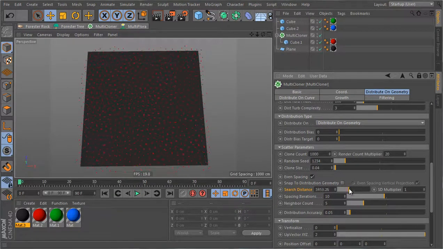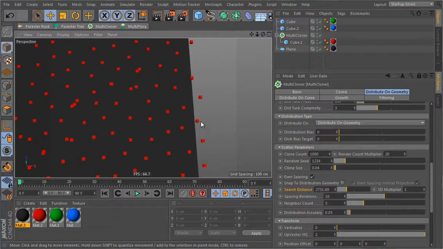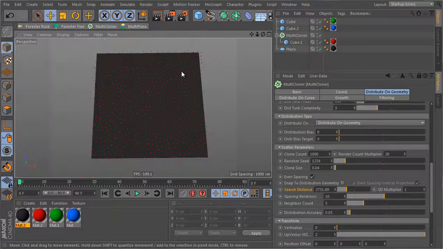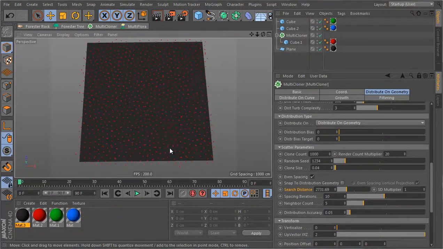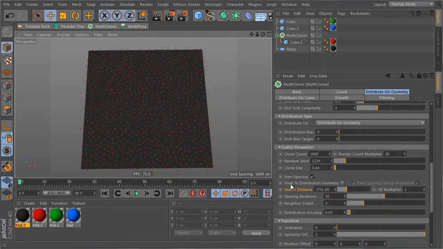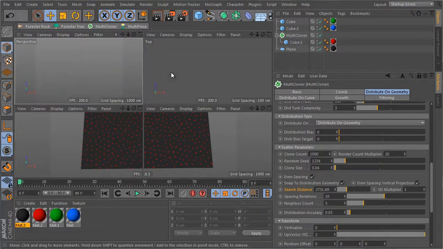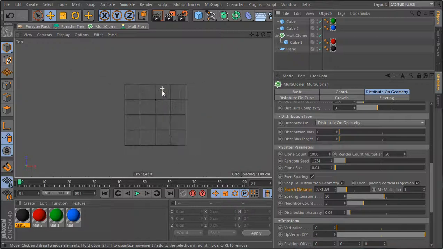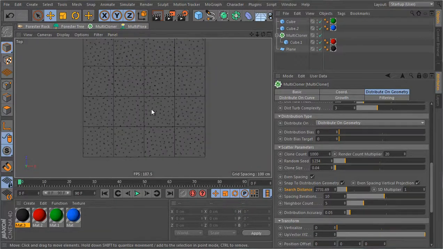Now, in case I do use the search distance and the even spacing, sometimes I see that some clones are getting out of the distribution geometry. Now, in most cases, this won't matter, but in case I did not want to have any clones outside, all I have to do is click on Snap to Distribution Geometry, and this will remove any clones from outside. So looking at this from the top view,